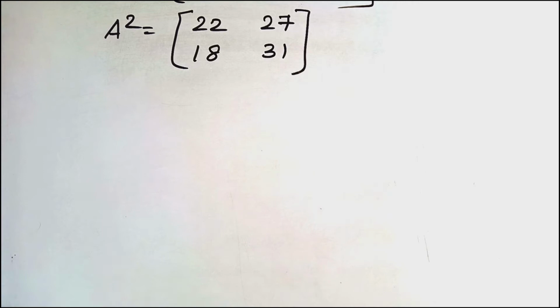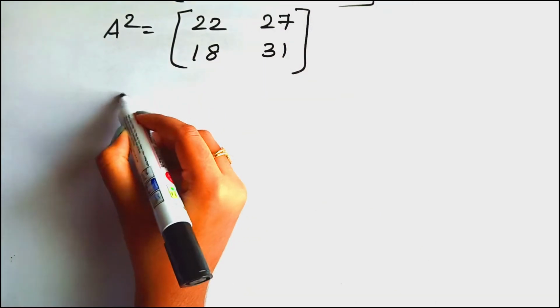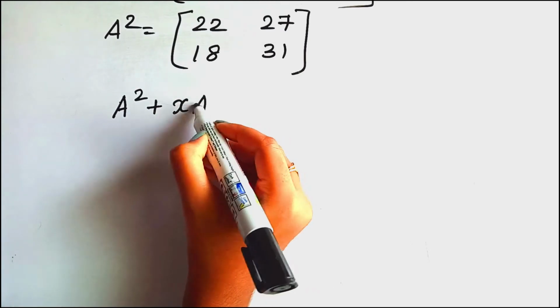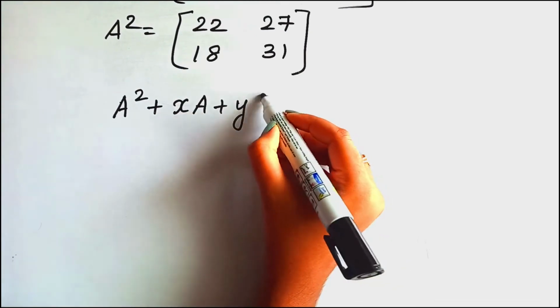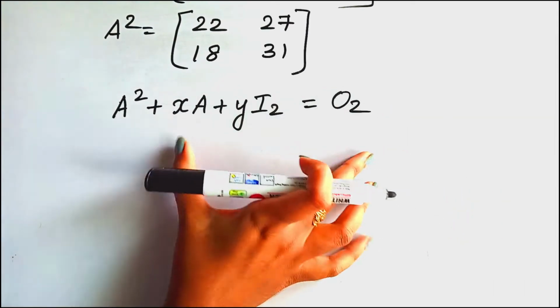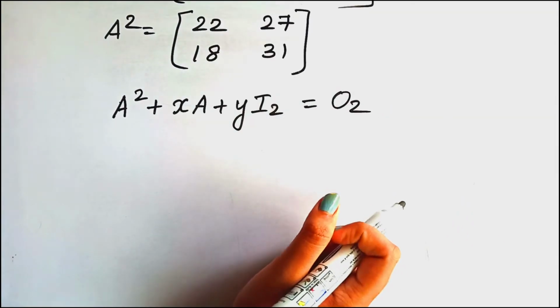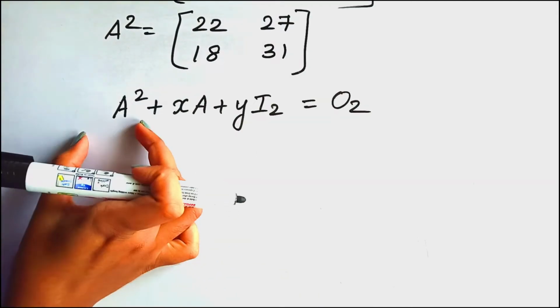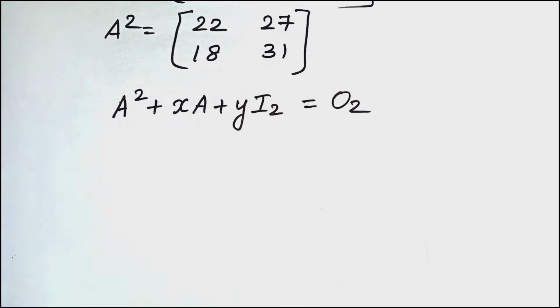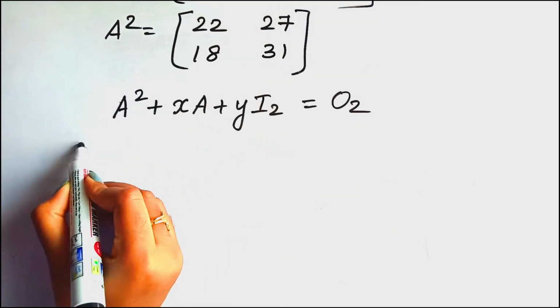Now let's write the given equation. So what's the given equation? Which is A square plus xA plus y into I2 is equal to O2. Right, so this is the given equation. Now we have to substitute the given things. So here A square, we have just now found what is A square. So let's substitute that here, which is 22,